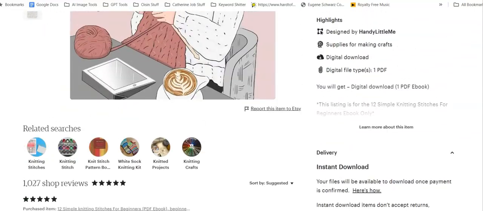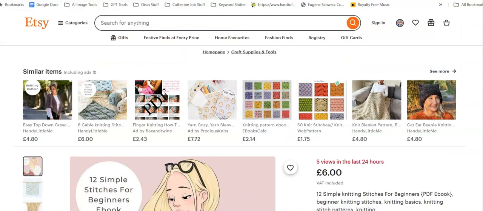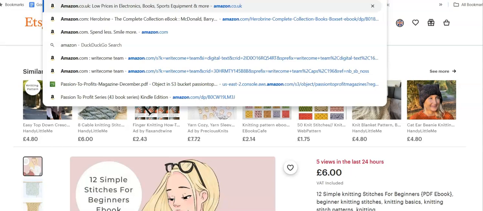But as I said here, we can see straight away people are actually spending money on this. People are spending £6 to buy this simple PDF product, and this is on Etsy. Now, if you wanted to go maybe over to Amazon, if we do that now, Amazon.com,